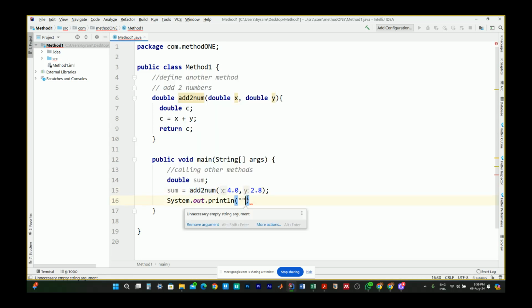So here we come and call, let's say, the sum of two numbers are, so here we put our sum here. Yes. And then we have something like this. So now